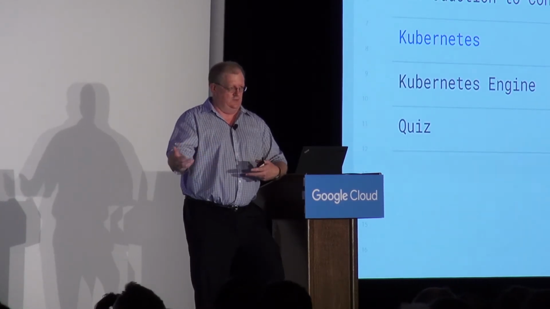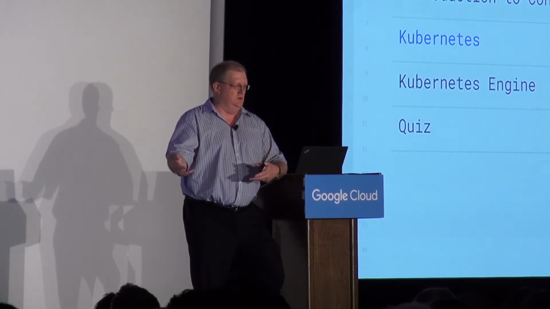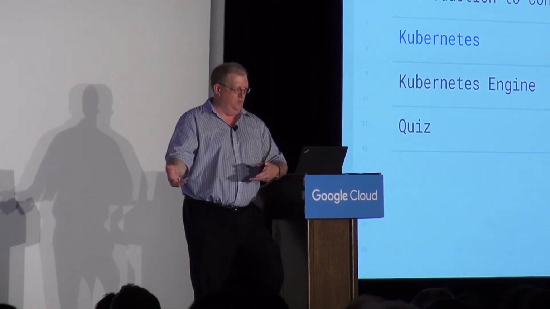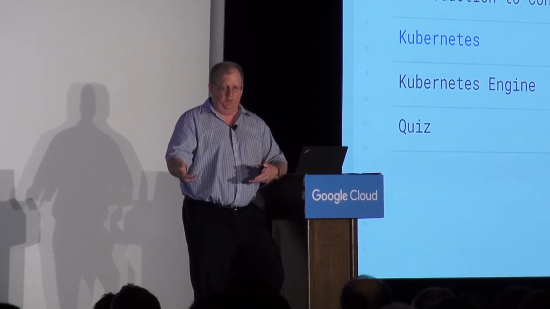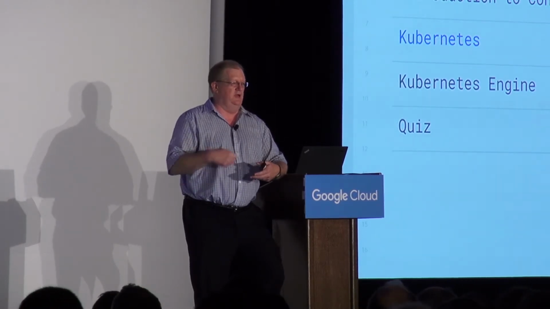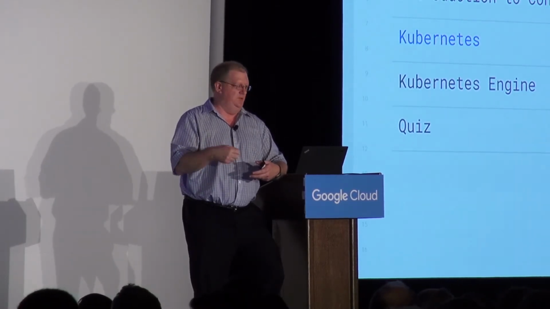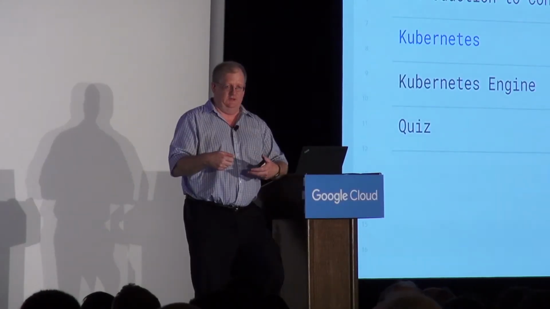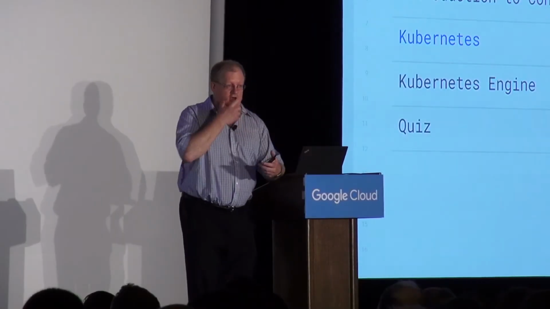Docker has a thing called Swarm. Google, they have a thing called Borg. Google released Borg to the outside world, and they called it Kubernetes. Kubernetes is there to help you manage the deployment of your applications, right? In the cloud,